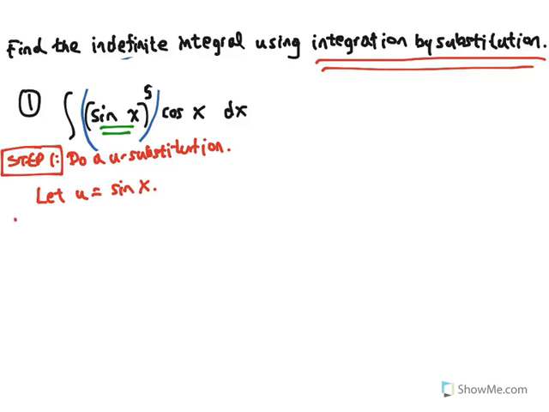Yesterday we learned about differentials, and the next part of step 1 is you write then the differential of u is equal to, yesterday we learned that you find the differential by finding the derivative of the function and multiplying by the differential of the inside function, in this case dx. So the derivative of sine is cosine. You have cosine x dx. So that's the differential of u is the derivative of sine multiplied by the differential of the inside function x. So this is our